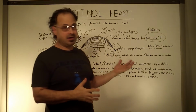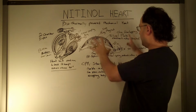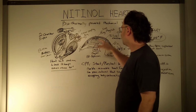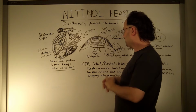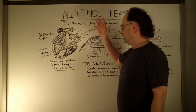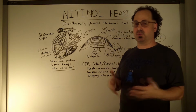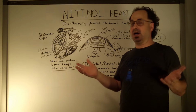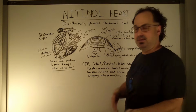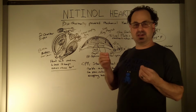Anyways, nitinol heart. It should change everything we know about medicine if they can put all this together. But it's not that hard. I'm looking at it. You should be able to do this without too much difficulty. And then, of course, once you have the heart installed in someone, it would continue to function as long as the person were warm or hot, as the case may be, upwards. Like I said, the target temperature, top end 115, bottom end 80, multi-layered